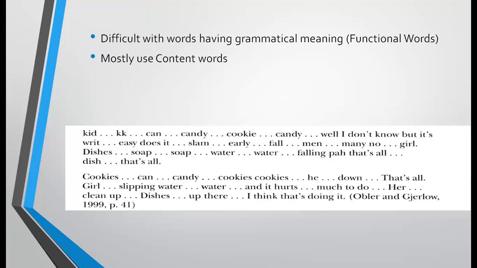Here I have two examples: the boy kicked the girl, and the boy was kicked by the girl. These are the two sentences. People with Broca's aphasia have a problem understanding the second sentence, that is, the boy was kicked by the girl. And there are other characteristics, such as anomia, which is word-finding difficulties, and articulation difficulties. These are the other characteristics that we can see in a Broca's patient.